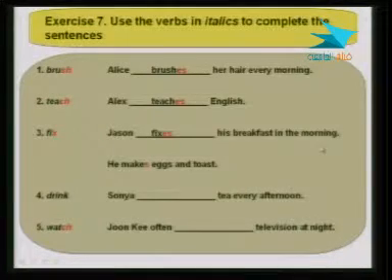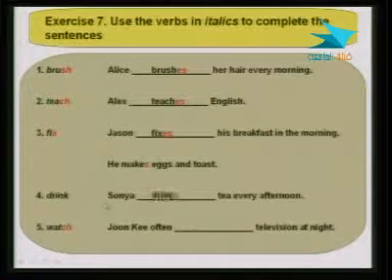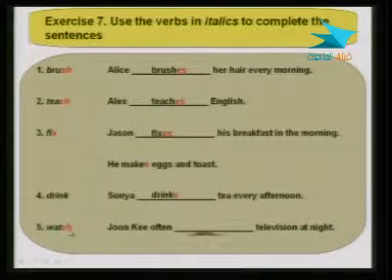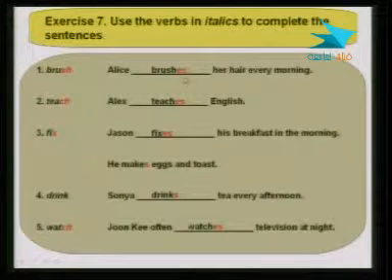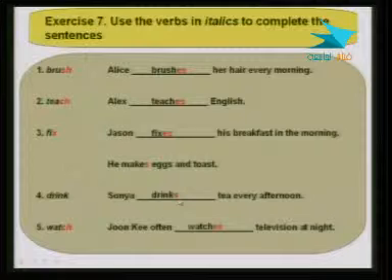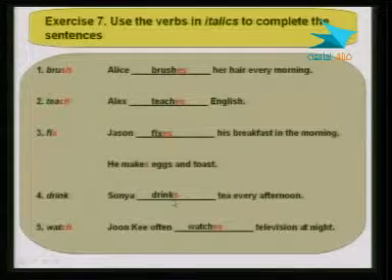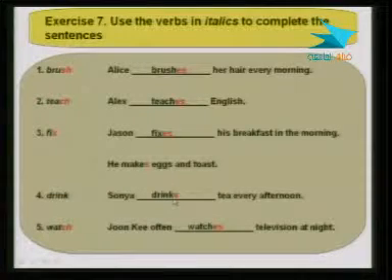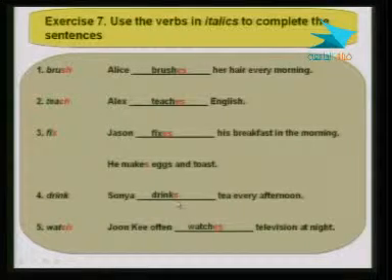Jason fixes his breakfast in the morning. He makes eggs and toast. Drink, right? Sonia drinks tea every afternoon. And watches. يعني القصد هنا أردت فقط أن نقارن بين، لاحظت الفعل هذا drink ينتهي بـ k، والـ k كما قلت earlier is voiceless وتنطق الـ s في النهاية. كما تكون الصفات الصوتية في الـ k sound، الـ k والـ s أيضا الحبال الصوتية في حال نطقها ما فيه اهتزاز،